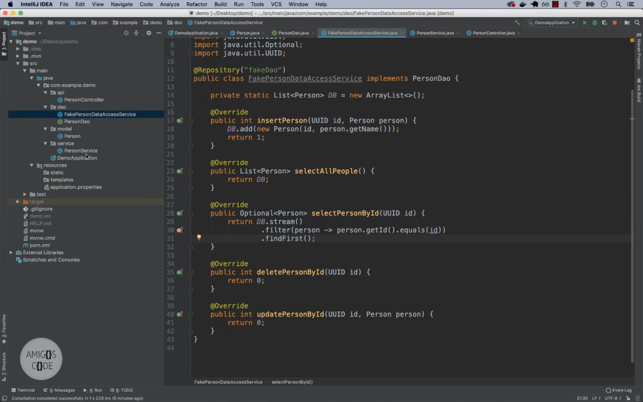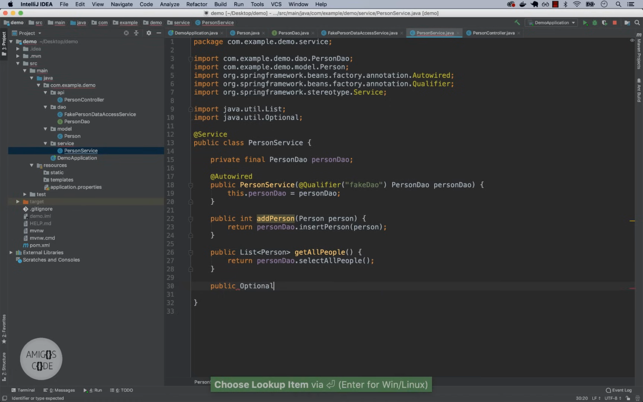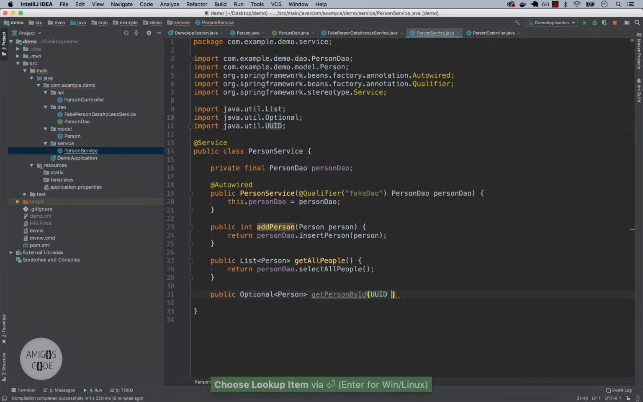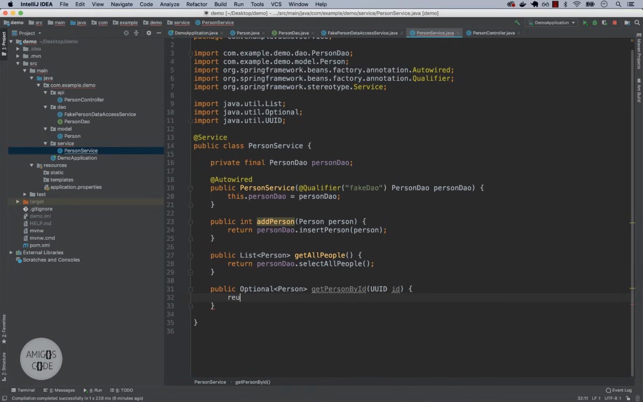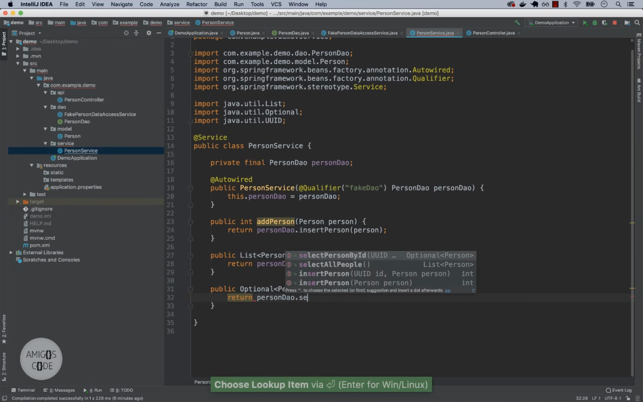So now let's go ahead and open up the actual service and then simply implement the same method here. So public, and this will be an Optional of Person, getPersonById, and then simply pass the actual ID. And you can see that it's almost the same thing that we're doing. And right here return personDao dot, or actually selectPersonById,